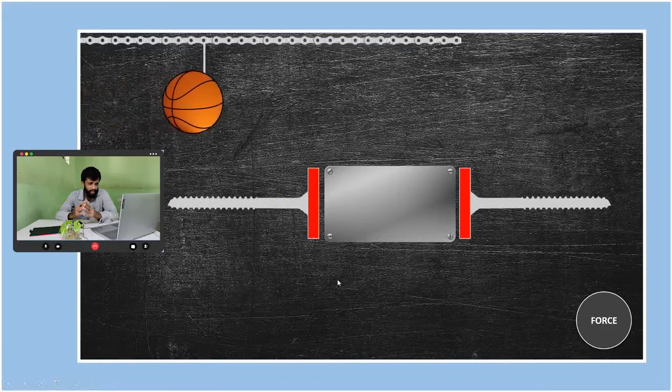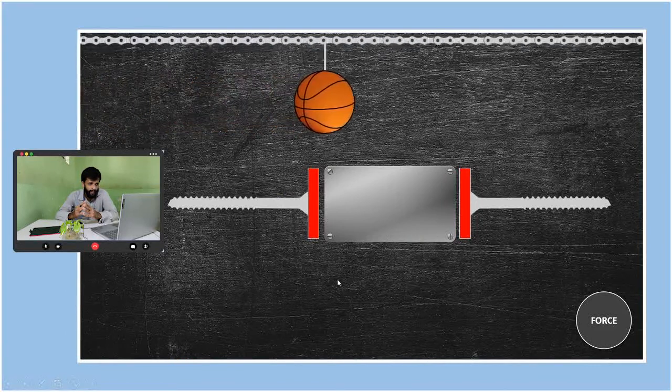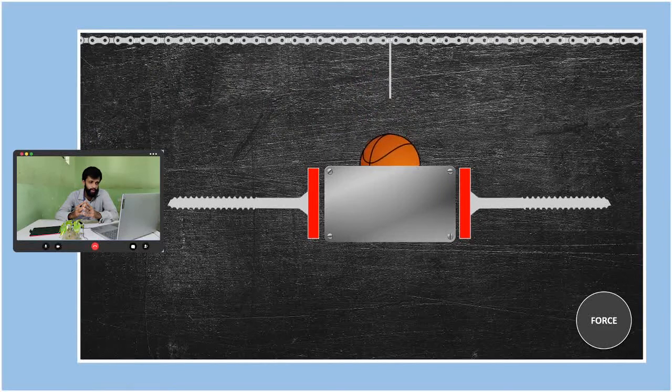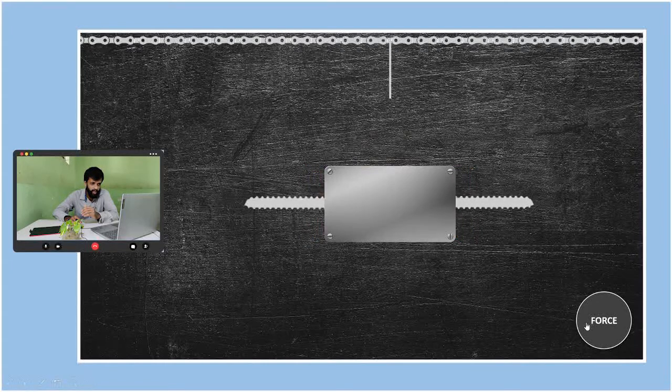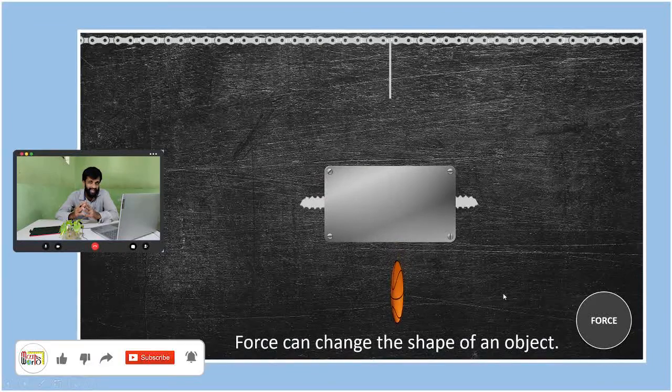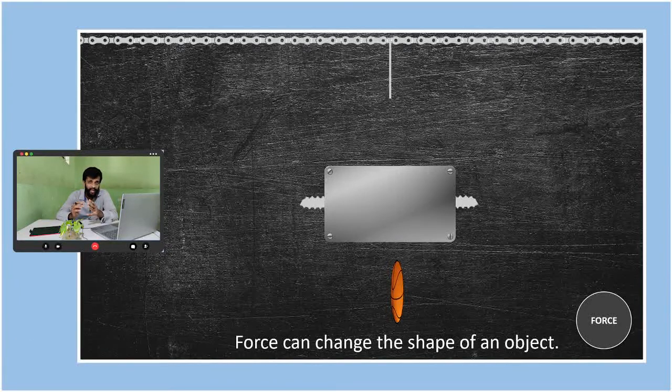I can say that there's a conveyor and there's one ball hanging, and we'll drop that ball in one machine and we'll apply force to it. Okay, so after I apply force, this is what you will get, right? So I can say that force can change the shape of an object. So when I apply force to any object, I'm certain and I'm capable to change the shape of that